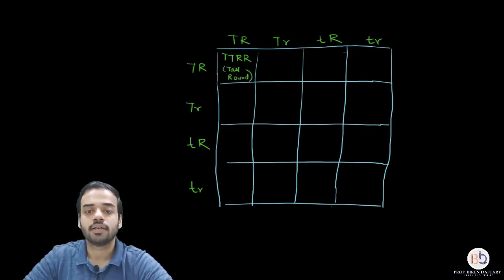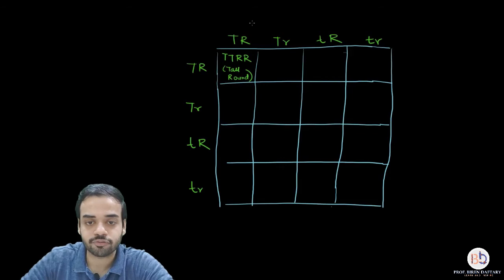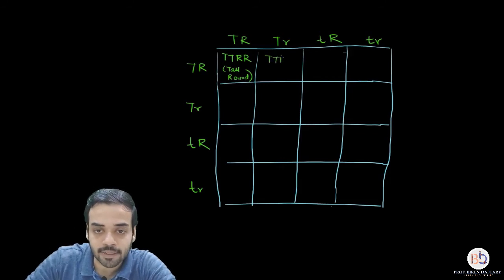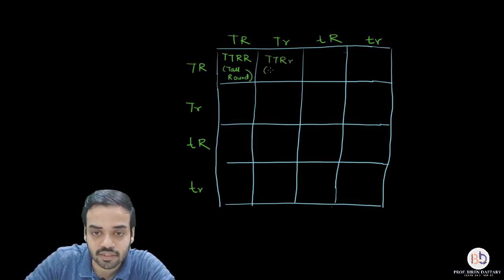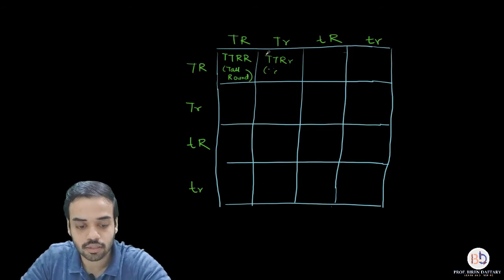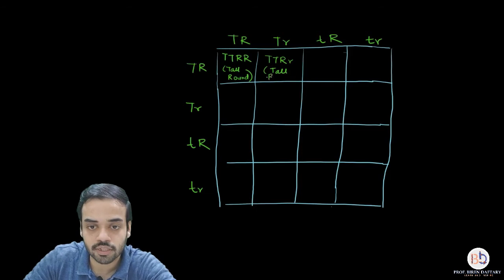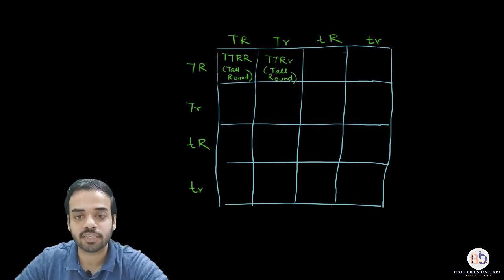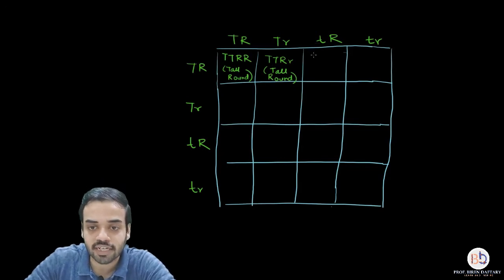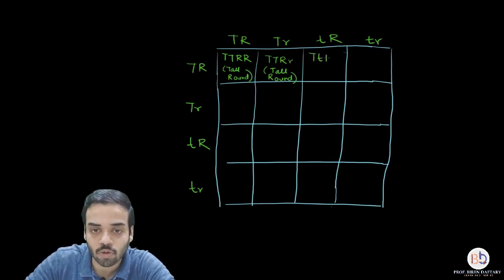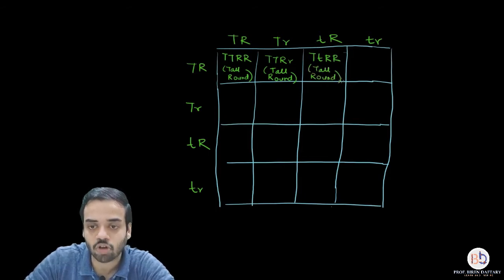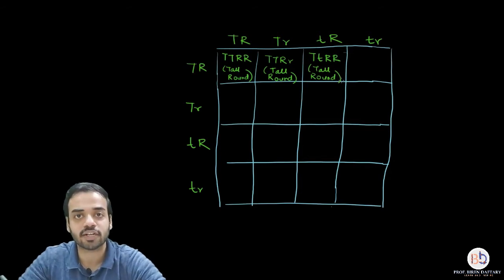All right. Again, the next offspring is going to be capital T, capital T, capital R, small r, which is again going to be tall, round. So I'm going to write down over here tall, round. As soon as this phenotype changes, I'm going to change the color so it becomes easy. Now the third one, when we write down, it is again going to be capital T, small t, capital R, again that is tall, round. Okay, please remember the law of dominance. If the dominant gene is present, it will show its effect over the recessive gene.